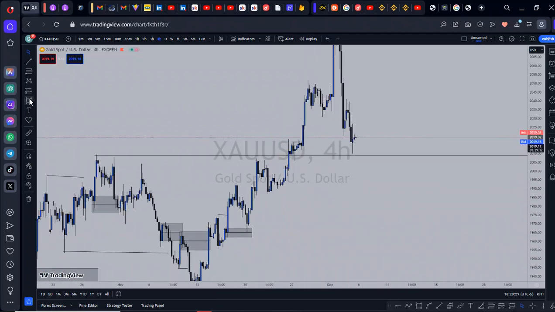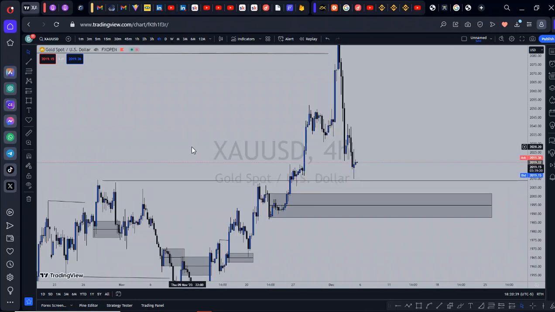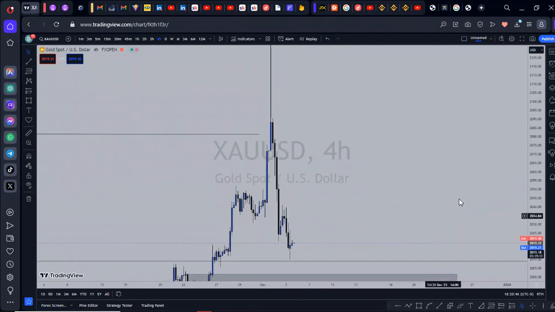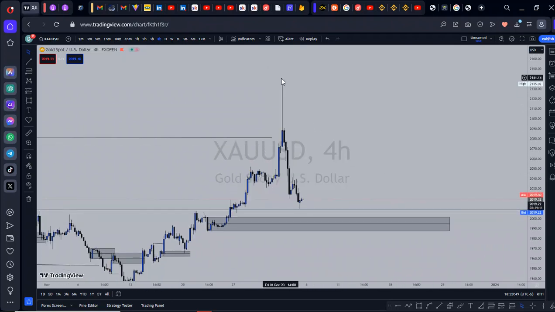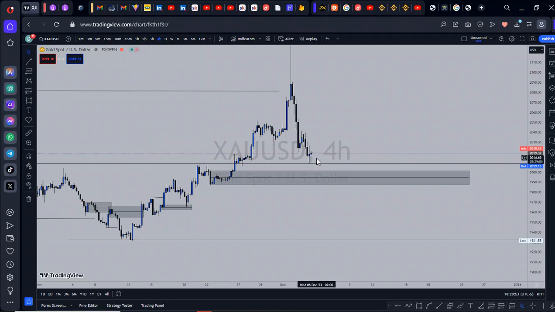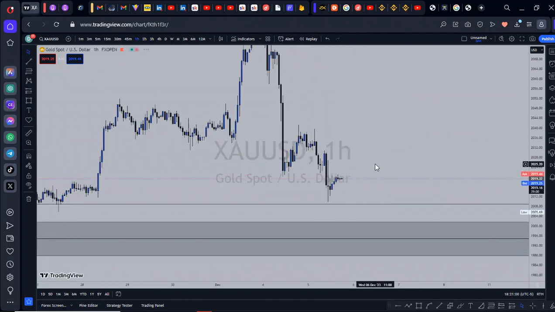So what I'm trying to mark out right here is this demand zone, this bullish order block that was responsible to take this range high. I'm trying to see if price will trade into it, form a structure on the lower time frame to go bullish, and take that high. Price is coming close to it, right? We are on a Wednesday, Thursday we trade into it, and Friday NFP can do what it wants to do.